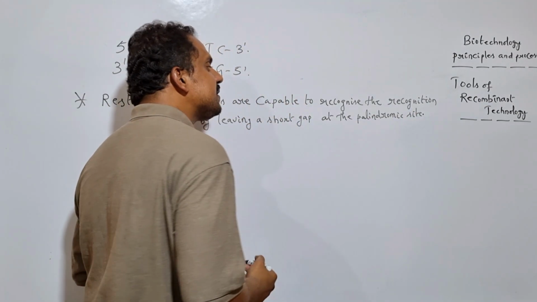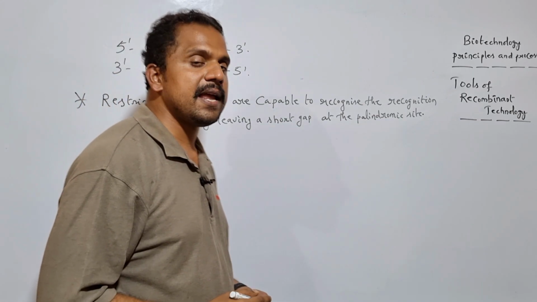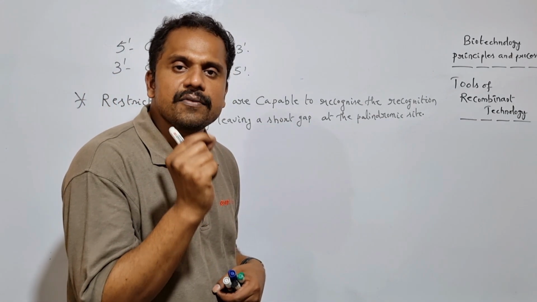So here, because of leaving a short gap at the concerned palindromic site, it leads to the exposure of overhangings